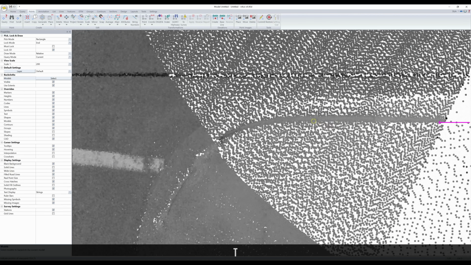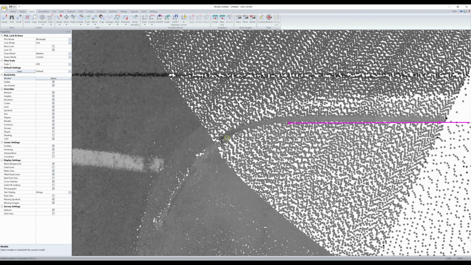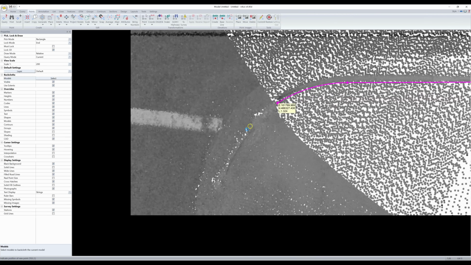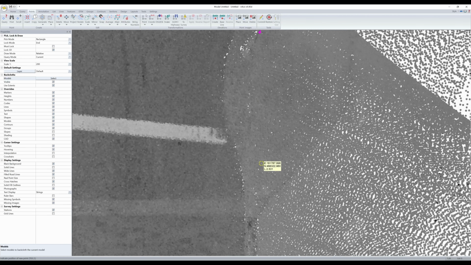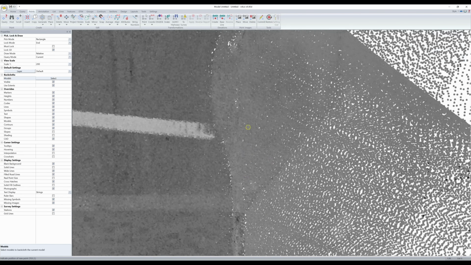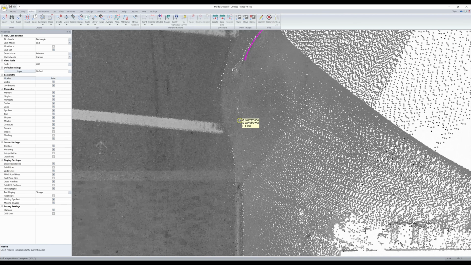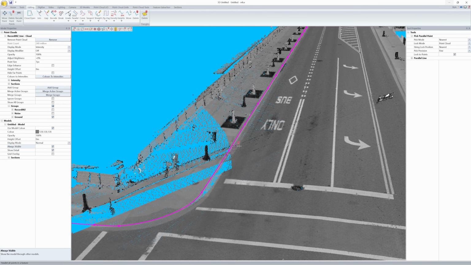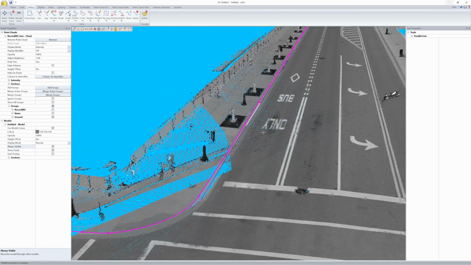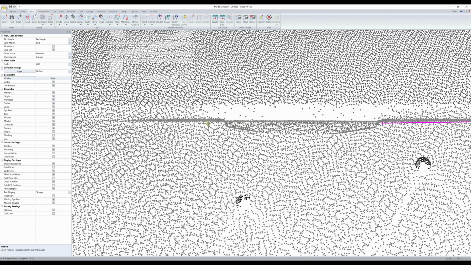This method is extremely fast when you have dense, clean data to work with, especially if it's colorized. But is it the most accurate method in the world? No, not really. We're more or less assuming all these features have a constant horizontal offset, which in reality we know is not always the case. Now we can parallel only certain parts of each line or do manual cleaning after,